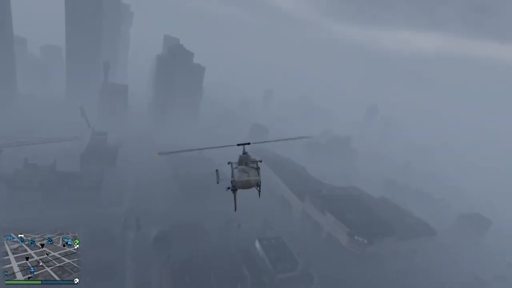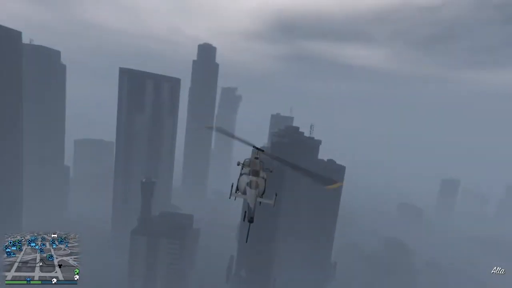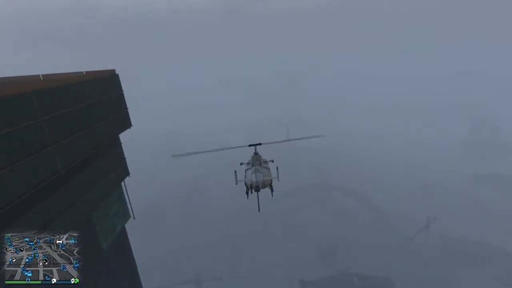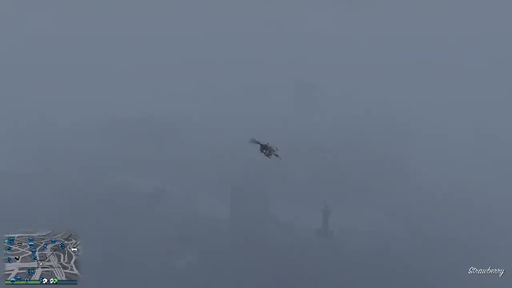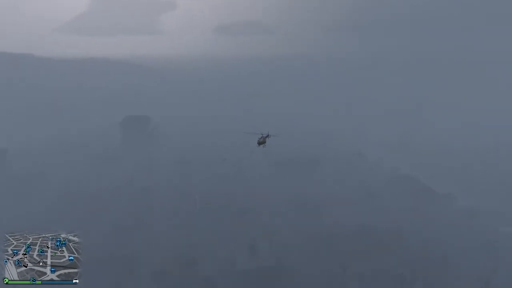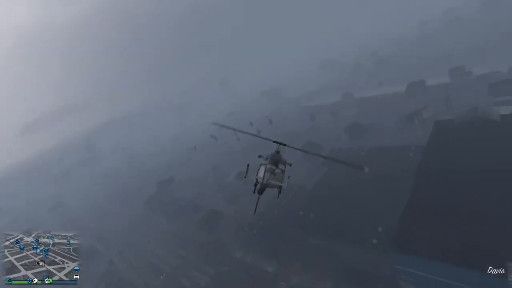Which is also why I didn't put the Annihilator up as the worst helicopter. I realize it's slow. I realize there's a lot of people that don't like the Annihilator helicopter, but because it has those guns on the sides, it's definitely not the best attack helicopter on the list, but it is not enough to make it the worst helicopter overall because of its uniqueness with those guns, similar to the Cargo Bob's capacity to carry things like a car, a box, a fuel truck, a Mule, a Barracks, or even a bicycle. That is why the Maverick, unfortunately, gets to be the worst helicopter,